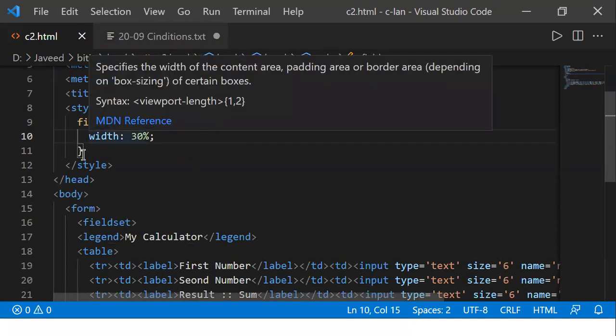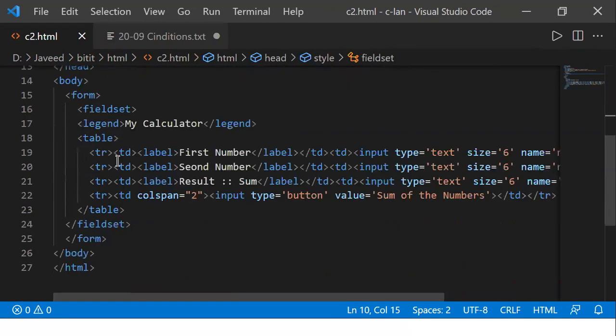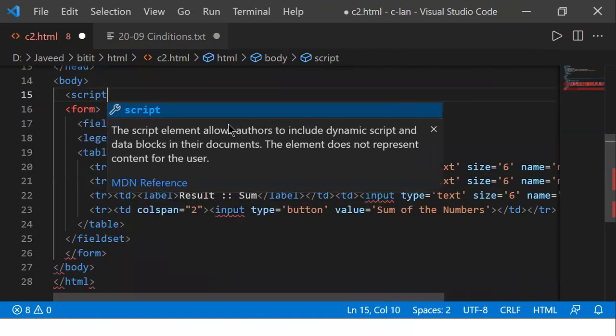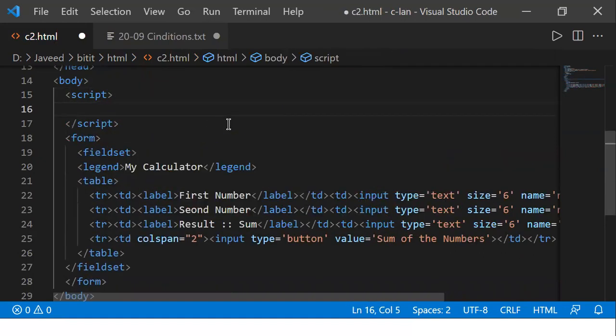Let's see this. Where I'm going to write my function is the body part. You can write it in the body part also, no issues in that. So I'm using the script. We know that everything connected with JavaScript you'll be writing in the script part. Then I'll write the code function. What I want to do is add, so I'll give a name called add. This is a user defined name. You can use any name you want, but you have to follow the rules of identifiers. The last session I was telling you about the rules of identifiers, and you have to follow those.